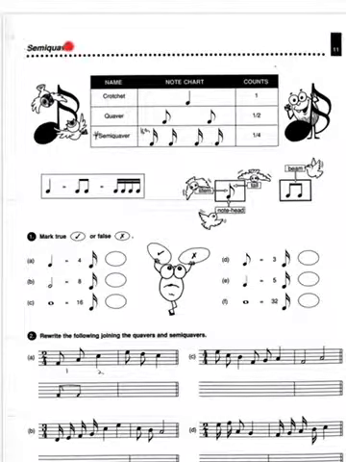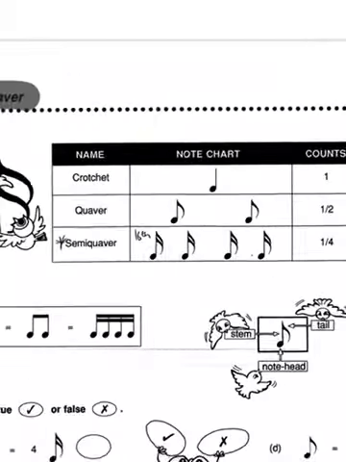Alright, so now we get a chance to have a look at the next type of note that we're going to be learning. You've got a good understanding of your semibreves, minims, crotchets, and quavers. In grade 1, we now move on to the semiquaver. And what we have here is just a little note chart showing how a semiquaver fits into the music notation